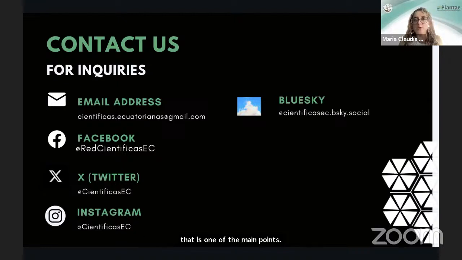And that is also the reason why we try to visit schools and high schools, and we are also trying to work with the Ministry of Education here in Ecuador to get some information about scientists into the school curricula. And also, if they invite us, we are open to do it. That is the idea. Probably we cannot see the results right now, probably we will see them in the next years. But I am very hopeful that we are improving the numbers.